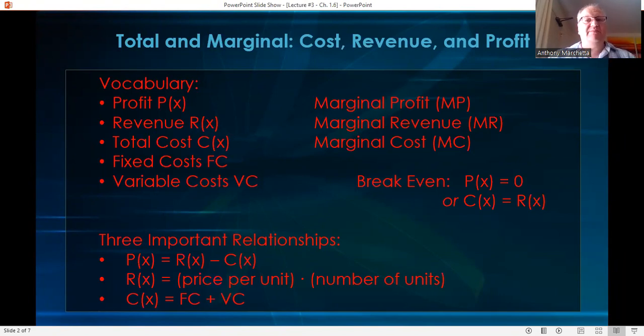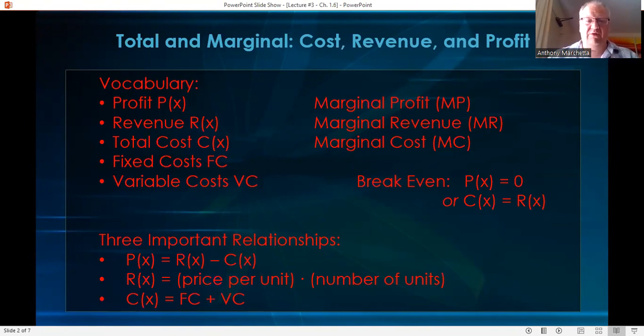A variable cost is based on how many items you're going to be making or selling or creating. The variable costs are, for example, if I say you're creating widgets for $3 each, it costs you $3 to make each widget. Well, then if you're making x widgets, the variable cost is 3x. And if you have a fixed cost associated, it would be 3x plus whatever that number is,